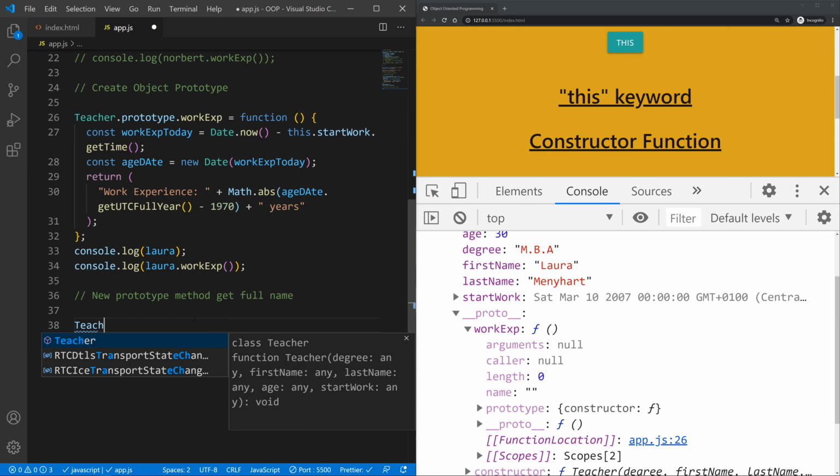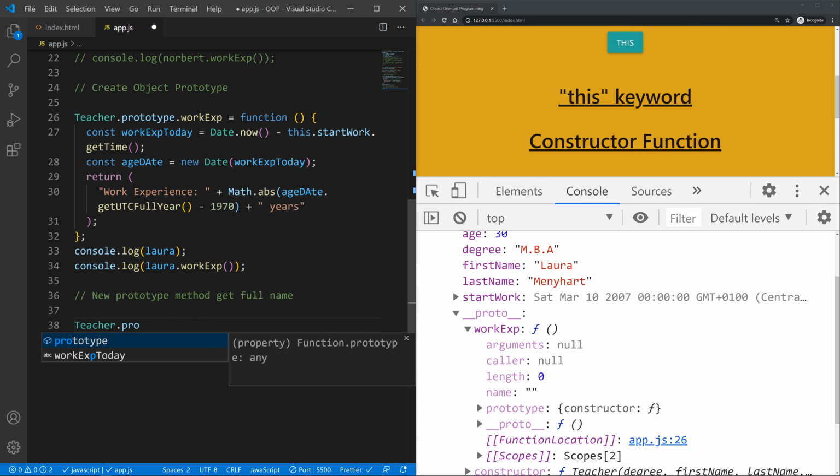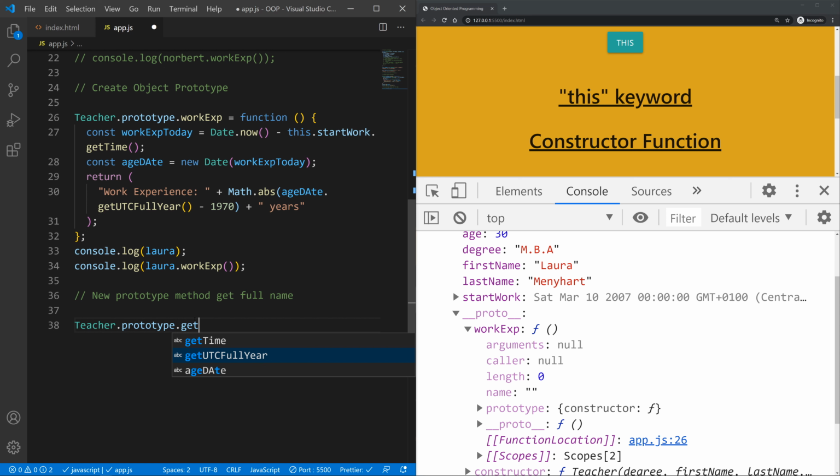So let's go to the Teacher object again, grab onto the object, let's type in prototype, and now we'll name our method getFullName, and we will assign it to an anonymous function,